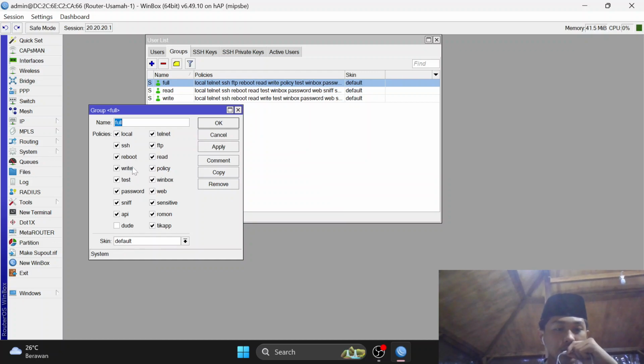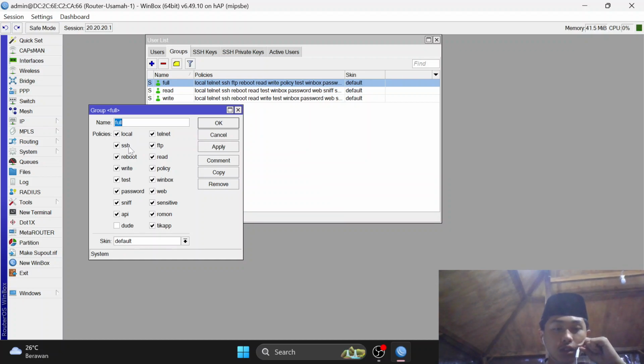As you can see, almost all of the checkboxes are checked for group full, except dude, which we will learn later in another video. Now here, if the telnet checkbox is checked, it means user full can remote the MikroTik RouterOS by using telnet.